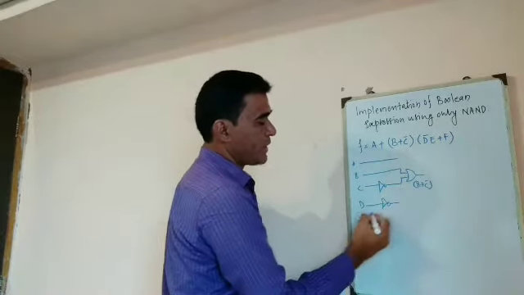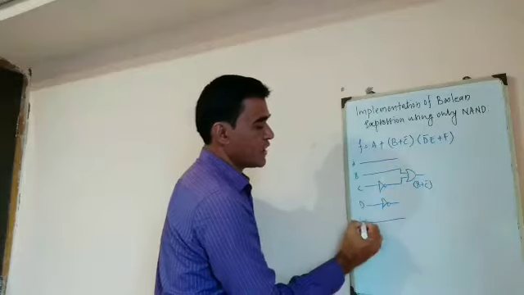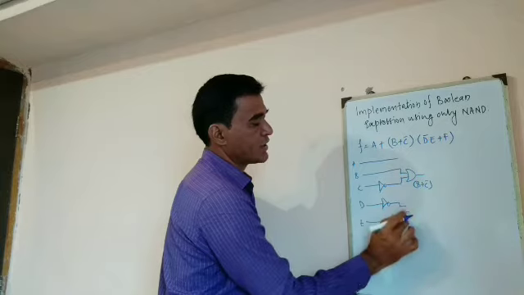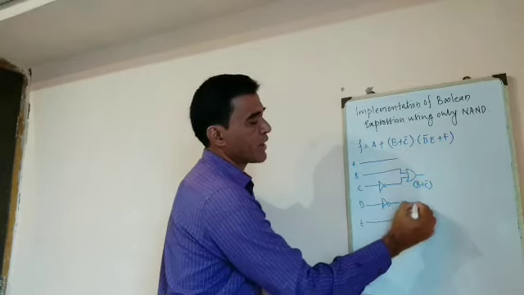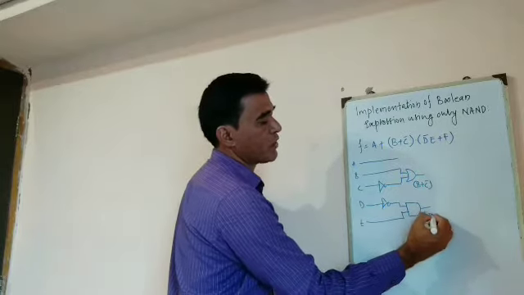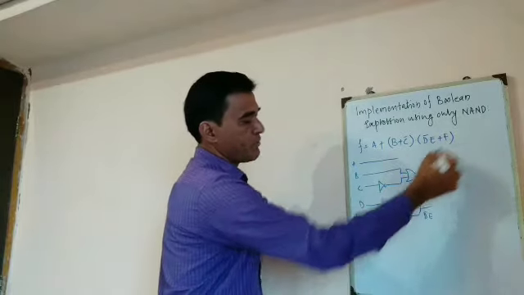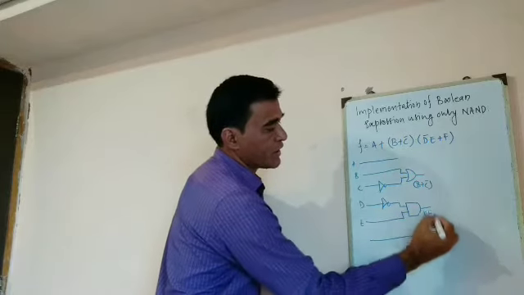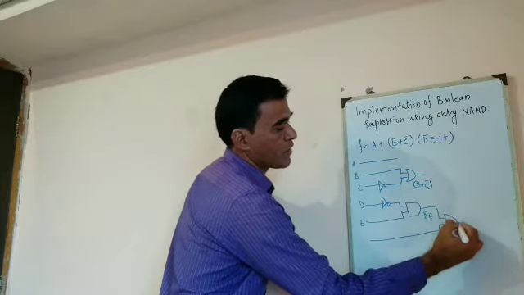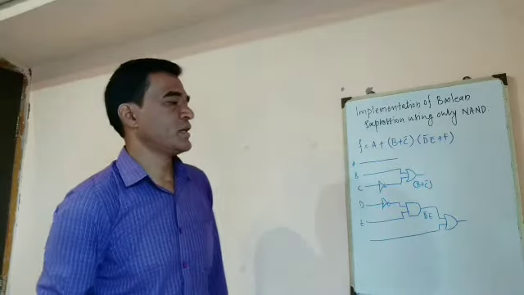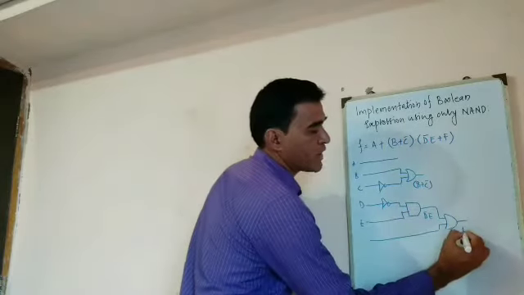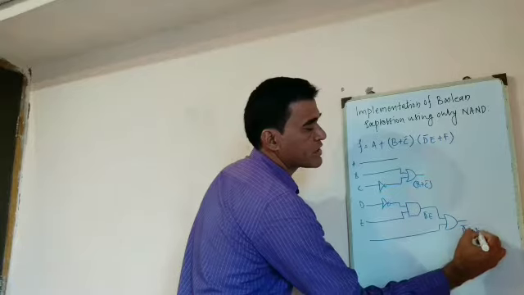D bar is multiplied by E. So here it is the input E which is ANDed with D bar. Here you will get an output which is D bar dot E. Now this output is added with F. Let us consider this is the output which is F. So this is what the implementation of D bar E plus F. So here you will get output which is D bar E plus F.